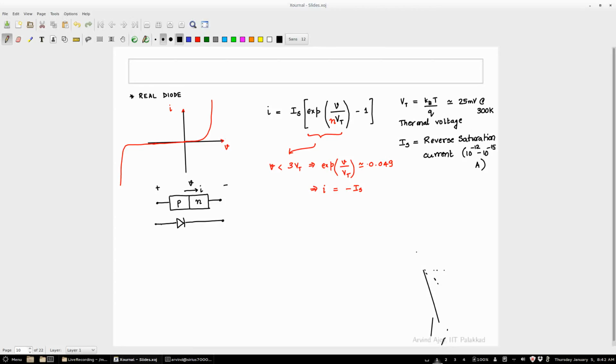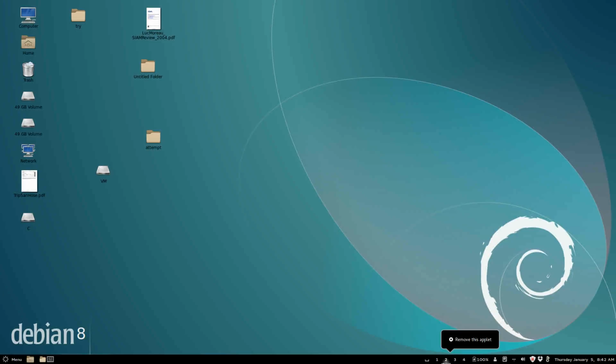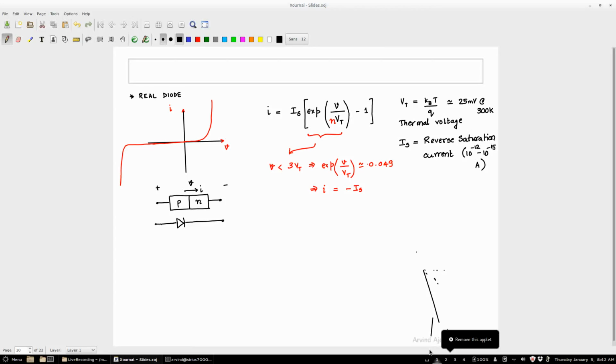Okay, there are two mechanisms. One mechanism is called Zener breakdown. In Zener breakdown, basically electrons go from N to P. It's a tunneling process. The other kind of breakdown is called avalanche breakdown. In avalanche breakdown, you have what's called an avalanche process, which is if you can excite an electron to have sufficient energy,